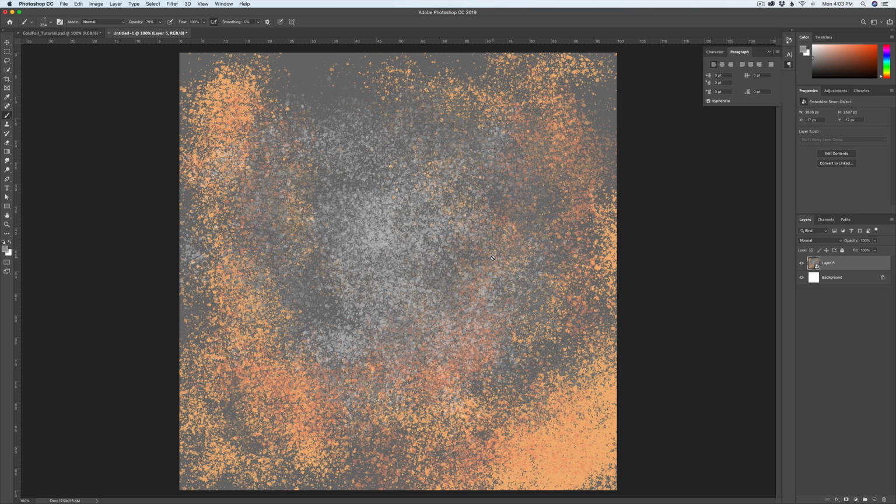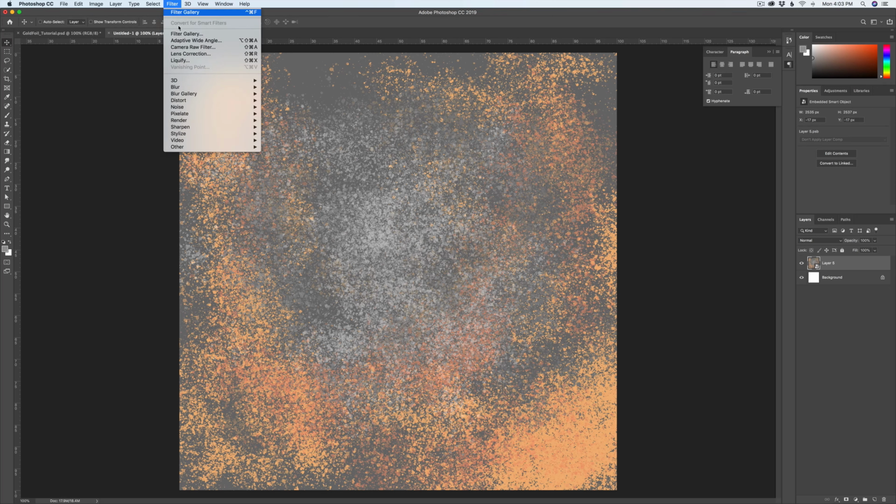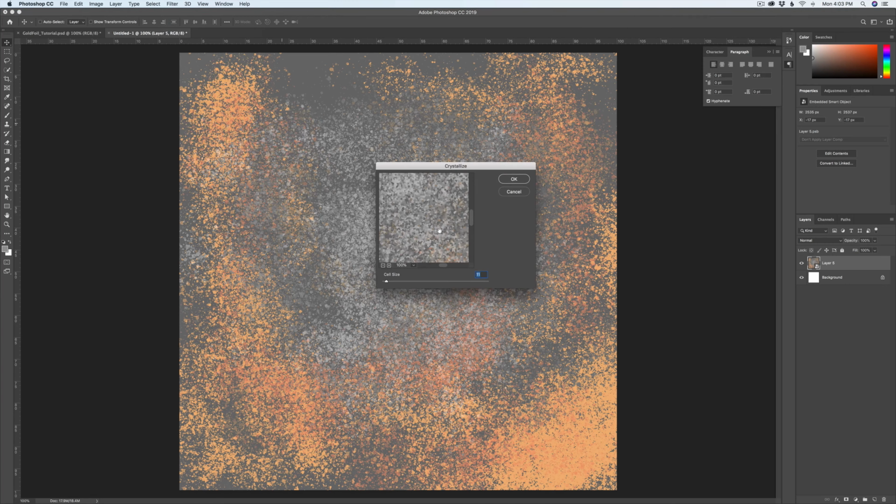Okay, so now we need to add a couple effects to this layer. So if you go up to Filter and then scroll down to Pixelate, then go over to Crystallize. We're going to use this effect, and you can see a preview of what it's giving you. For something at this resolution, with this kind of